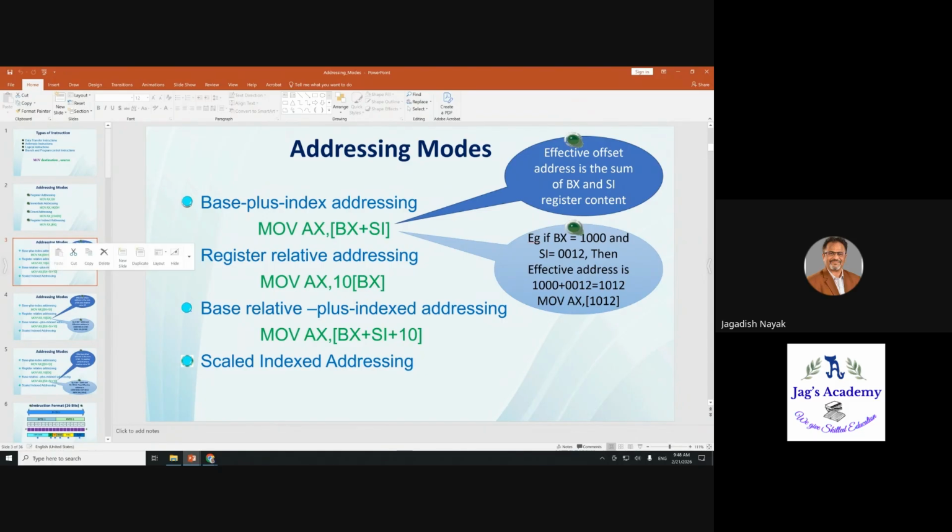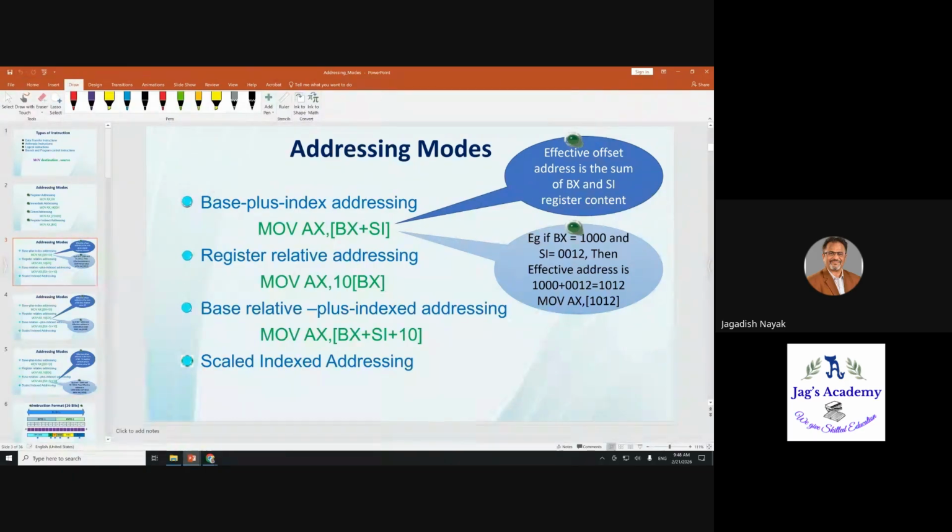See this, I told you register relative, right? See, this is register relative. What is register relative? MOV AX, comma, 10 within the square bracket BX. This is the same as, see, I told you,